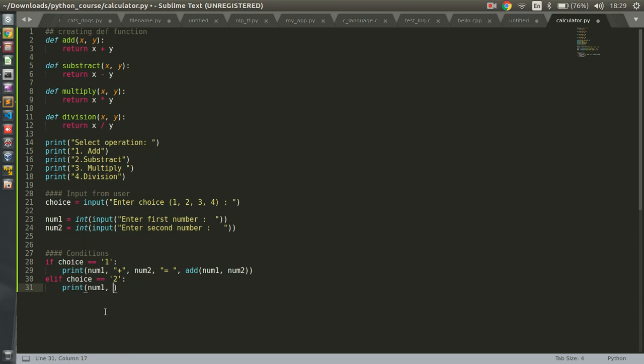So we say number 1 minus number 2, which is equal to, so we say equals to, and then we are adding our function that we have created, which is subtract, and we're subtracting our number 1 and number 2. We're doing the same all the time. So we say elif our choice equals 3, right, and